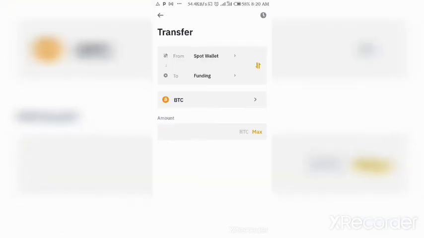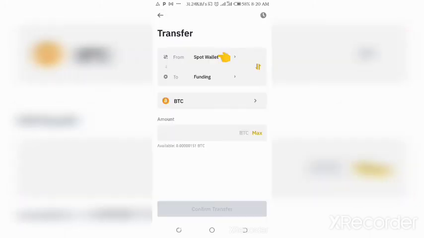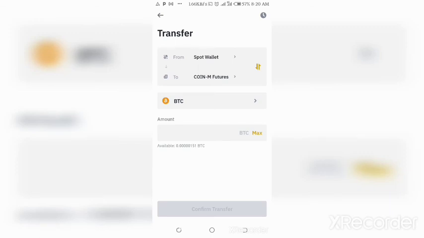So after choosing the transfer option, that's why I told you that when you're transferring, you can transfer from anywhere to any wallet, because when you come to the transfer option, they give you options to select which wallet you are transferring from. You get? So you're transferring from the spot wallet, but then to which kind of wallet? So then here you come and select. Now let's say I want to transfer to Coin-M futures. So I will select that, and then actually